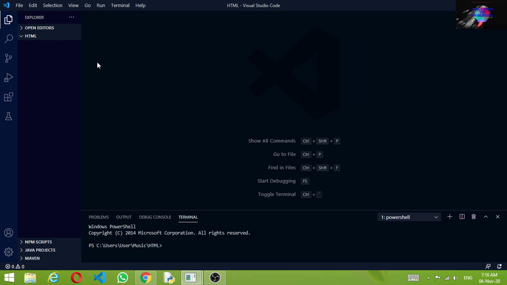Now the next step is to create an external document. So here come new file, new folder, refresh explorer, and collapse folders in explorer. Click on new file, then give the file name, just like first HTML page,